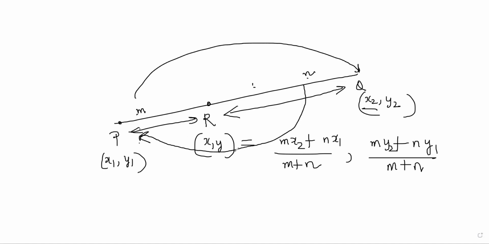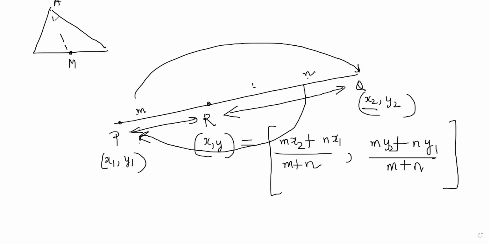So this multiplies with this coordinate, this multiplies with this coordinate, right? Remember this is very important, because many times you will have to find things like centroid divides the median in 2:1 ratio, right? So if you know one vertex here and you know the endpoint of the median here, then you can find the centroid if you know how to divide it in 2:1 ratio, right?